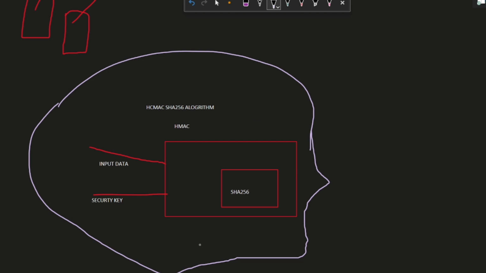And this is the HMAC algorithm, where the input data comes in along with the security key, and by using the SHA256 algorithm inside, it generates a hash code which is so secure that nobody can reverse it and see what the data is inside the hash code. This algorithm works on two important principles which we have to keep in mind. First one is